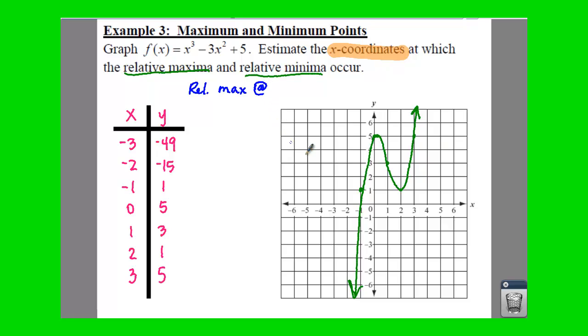So that's going to be where your graph goes up and curves back down. So relative max should be at this point right here. Well, this point would be at x equals 0. If we want to find our relative min, then that's going to be at the point right here. It is min. That's at x equals 2. So here's x equals 2. So make sure you only list your x coordinates, not your x and your y's. That's how you can use your graph to find